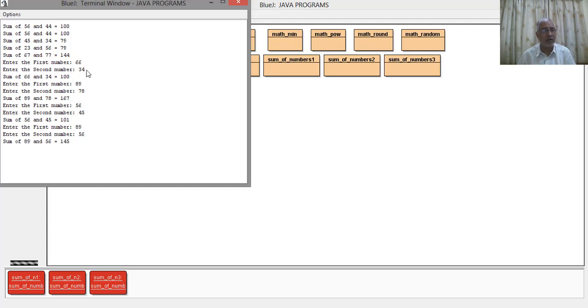Accordingly we can change the values of our own choice and get the answers. And buffered reader also has the same effect. The effect is the same whether you use the scanner class or the buffered reader class. The only difference is the user friendly method and a little bit more simplicity in the scanner class. So this is all about the scanner class and buffered reader class and the input methods I explained to you.